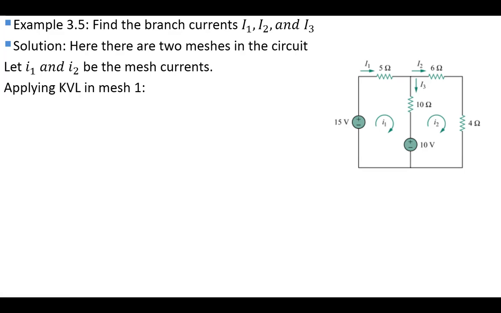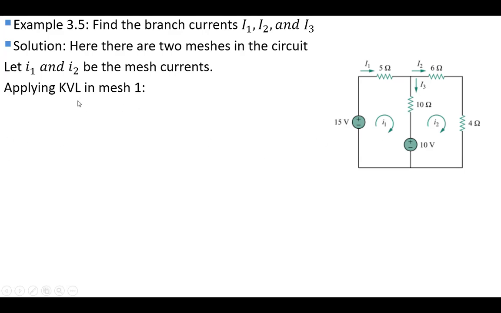In the next part we will apply KVL in mesh number 1. Before applying KVL, remember what KVL states. KVL says that the algebraic sum of the voltages across each element in a mesh should be 0. Remember, algebraic sum means voltage or potential difference with sign. We'll be using voltage drop across a resistance as always positive. And for a battery, we will use the convention that when traveling a loop, whenever we encounter the first polarity of the battery, we'll take that sign in the equation.